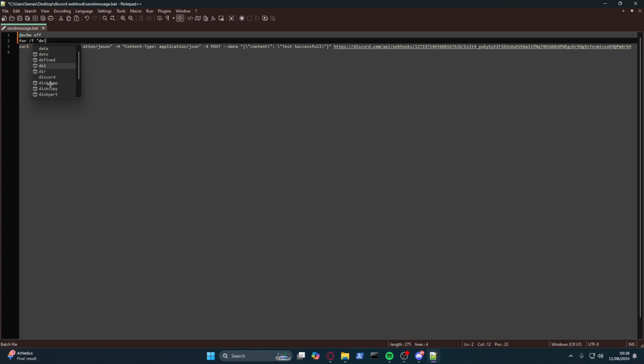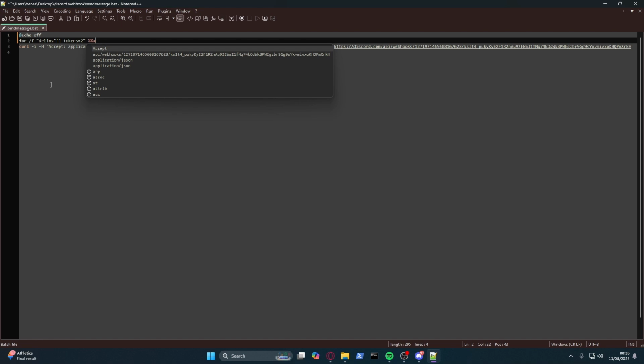We need to type /f "tokens=2" %a in ('ping -4 -n 1